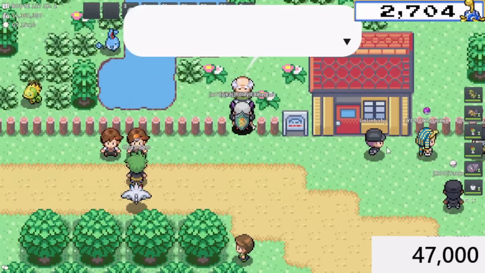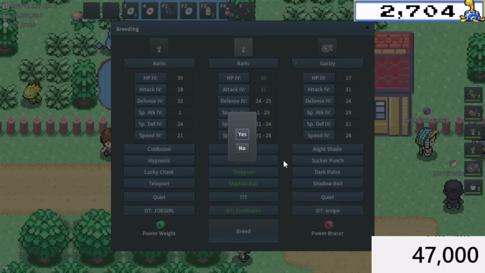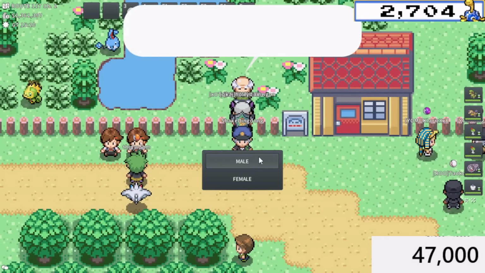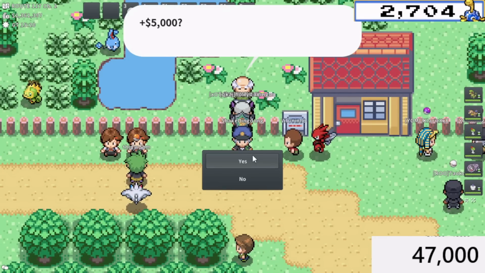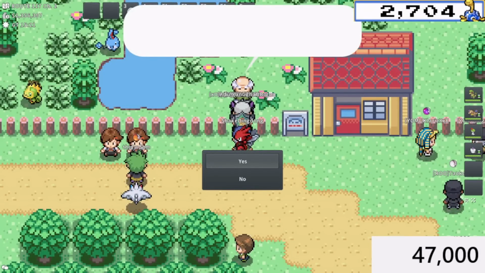So I'm going to go talk to this old man, go ahead and input these breeds. Here's the first one. Now it's coming out with my OT. Perfect, 30 HP. You guys know the stats and the drill and everything. I do want to make sure this comes out male. Now, it's going to cost 5K. Okay, it's not super crazy. So we're going to add 5K over to the price check calculator. That is